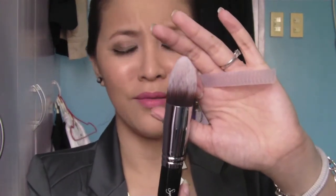It's because I think this is limited to contouring your cheeks. Some people said that they also use this to put on their foundation, but I kind of don't see the point where I would use this. I mean, I probably can, it's just that I still haven't done it, or applied foundation using this, but I'll probably try it one of these days and I'll let you know what I think about it. And then for the